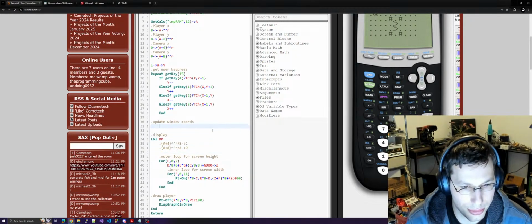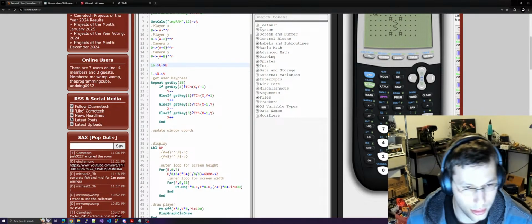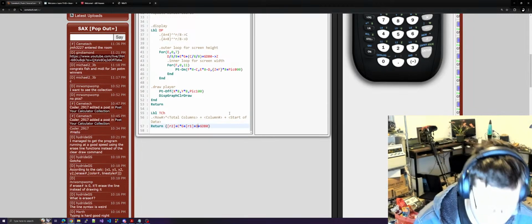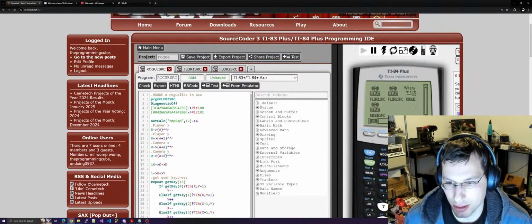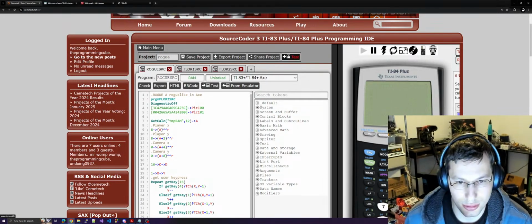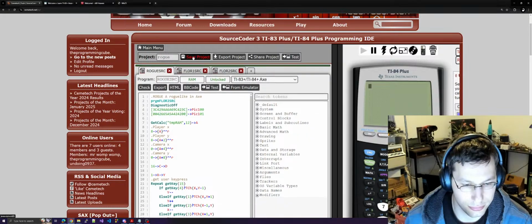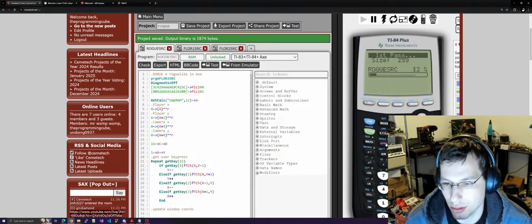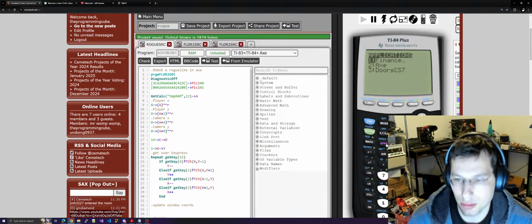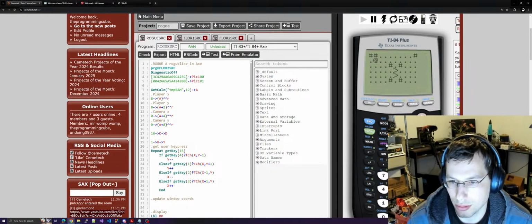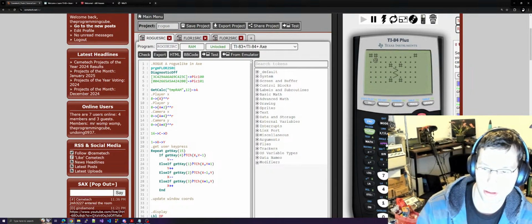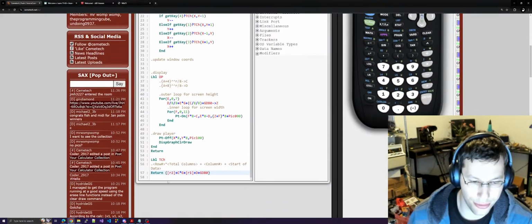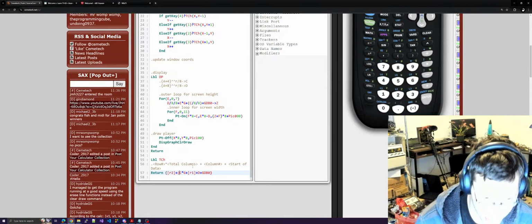Let's move this out of the loop. Cool. C plus D. I think that might help my problem of incorrect collision detection. That didn't work. Oh, you know what? I think this is actually